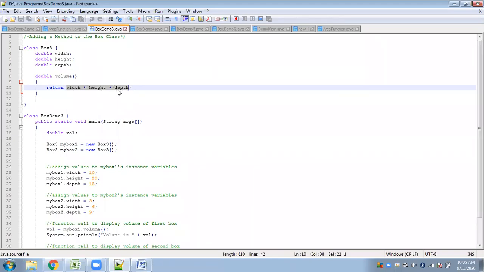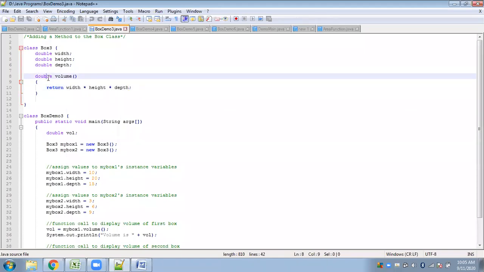Width, height, and depth are all of double type, so the result will also be of double type. Whatever the type of the result you obtain, the return type of the function must be that. Else there will be a mismatch, there will be an error.